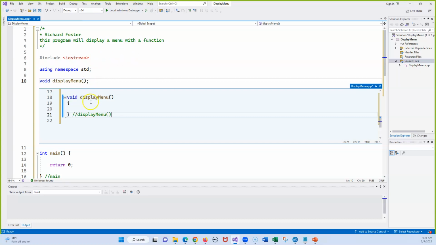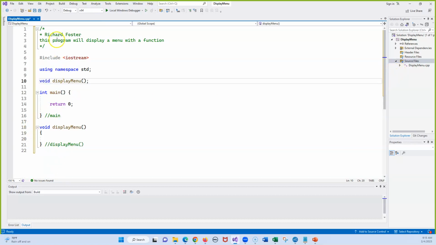I'm really not a big fan of working inside of here. I normally just close it. Notice that it put it down here inside of main. So what you would do is put in here a description of what this function will do. So all we're going to do here is go cout